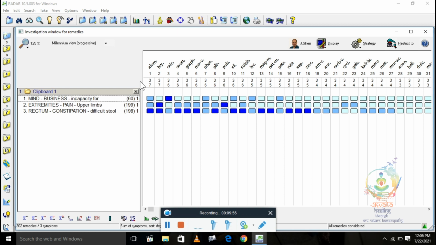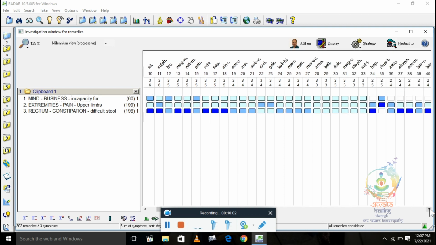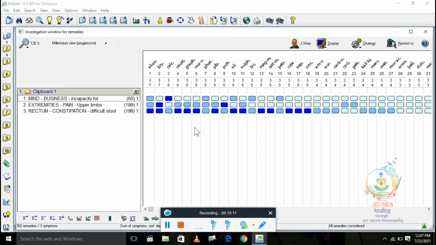So we have recorded three rubrics. You can see here all these remedies covering all three symptoms, like up to this number 33 remedy, it is covering all three symptoms. The dark one is 4 mark, 3 mark, okay, and 1 mark.